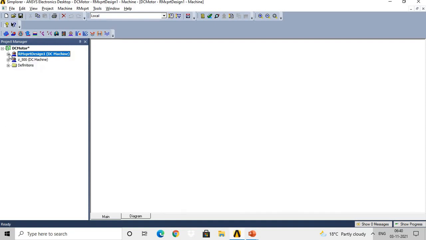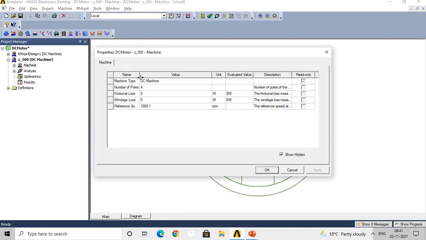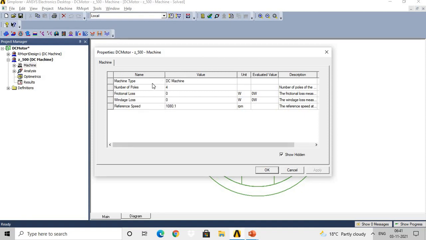Okay, so for this purpose I will just select one project in which I have already given the design input so that it will be easy to cover this content within the time. So for example, we have selected this machine and I have renamed the project as Z_500 DC machine. So 500 means I have selected the project of a 5 kilowatt DC machine. When I double click on the machine for giving the design input, then these are the inputs needed, like